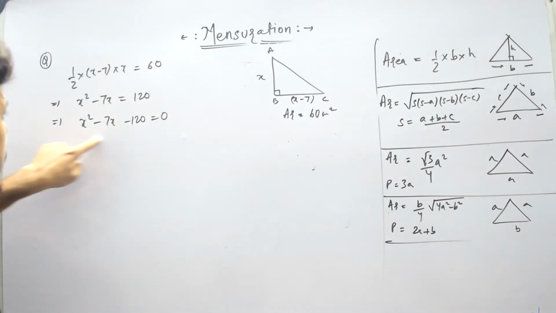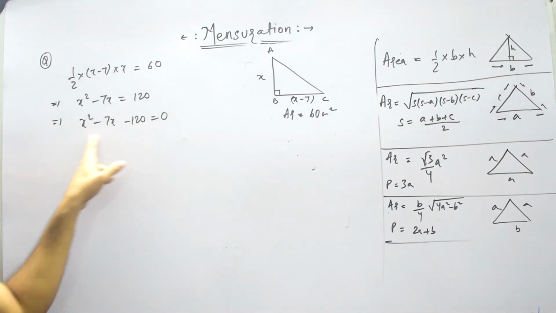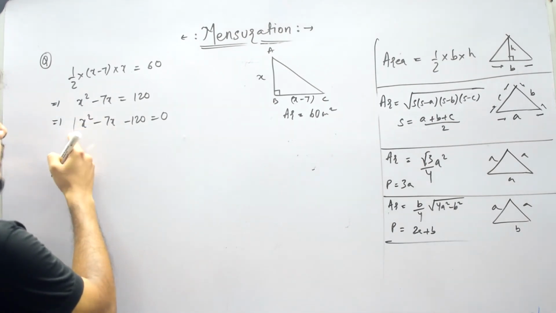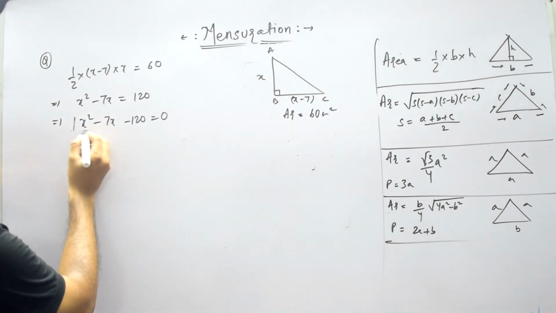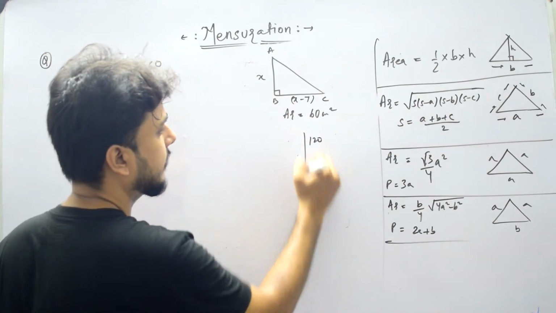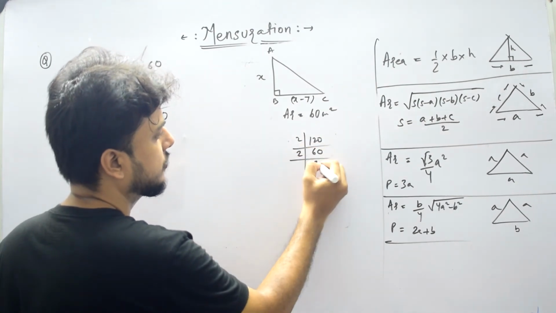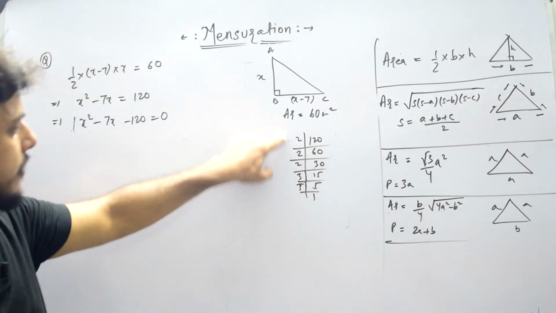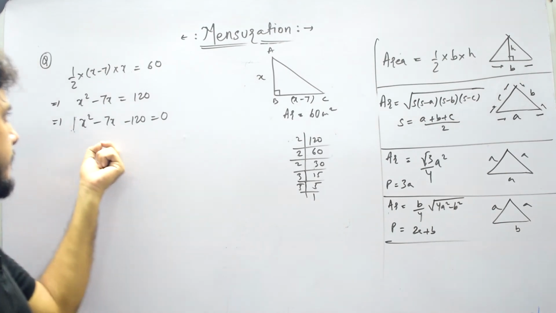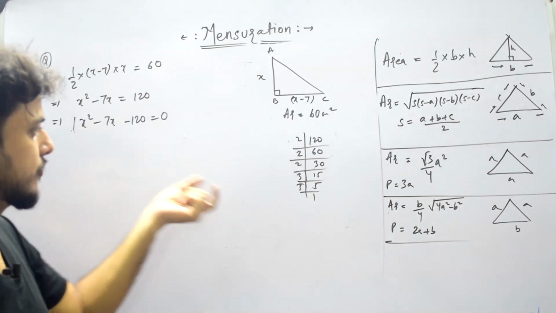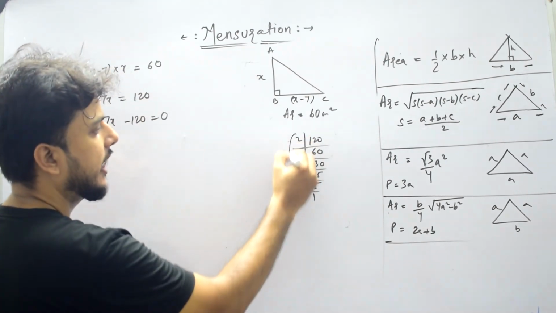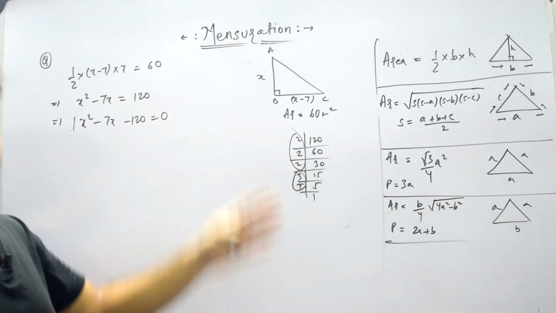Now see, we have learned in the factorization chapter that we have to do middle term split. This is a quadratic equation, so we first middle term split this. For that we multiply the coefficient of the squared variable, that is 1, and 120, and then prime factorize it: 120, 60, 30, 15, 5, 1 with factors 2, 2, 2, 3, 5. From these numbers we have to form two numbers such that by adding or subtracting I will get 7. What could those numbers be? They will be 15 and 8. See, 3 into 5 is 15 and 2 into 2 into 2 is 8, and 15 minus 8 is 7.